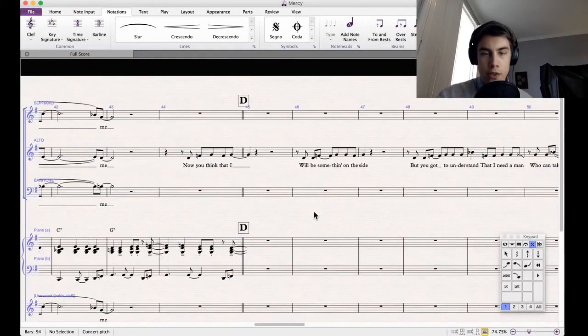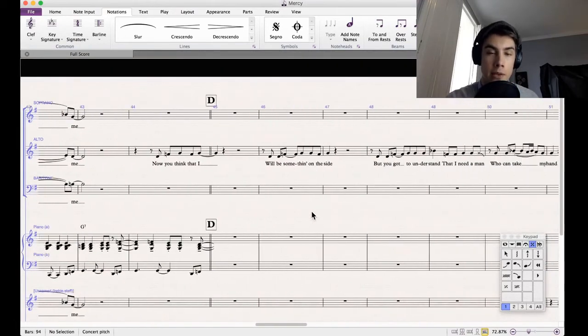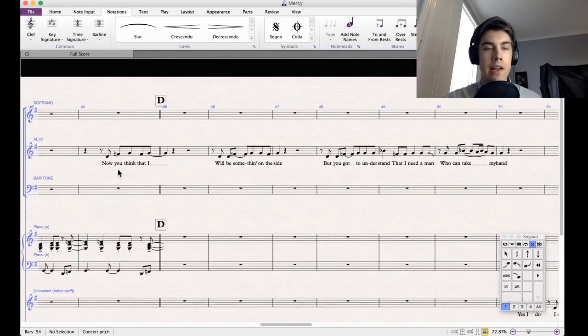Now, verse 2. The baritones have done the melody so far. I think it's about time that the altos get some melody. Sharing is caring, and when it comes to choral arranging, you got to make sure all the people involved in your choir get something fun to do. The worst sin you can do as an arranger is to create a boring part where people don't get to have any fun. So I'm going to say altos here, and also because, as I mentioned earlier, this line is,